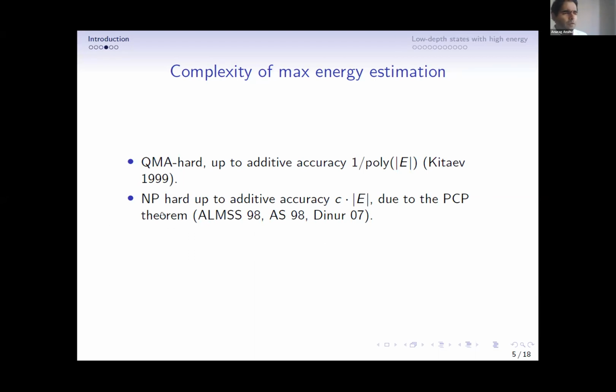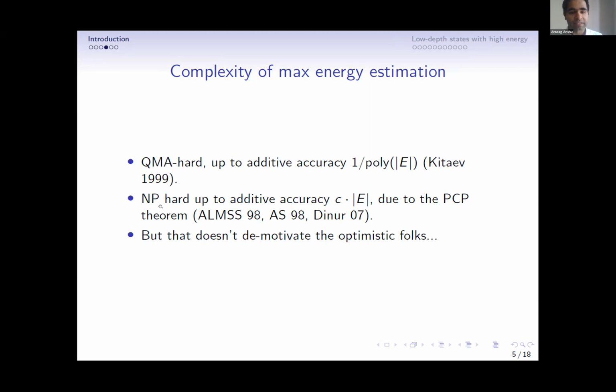So from a practical point of view, NP-hard is already quite hard. We don't know if quantum computers can help significantly in NP-hard problems. Most likely they can't. So this is already a bottleneck for any nice algorithms that try to solve the problem of estimating the max energy. And we know that we can't expect to get a very good approximation. But the point is that the world has to move on. These results are great. They're negative results, but we still have to keep pushing forward